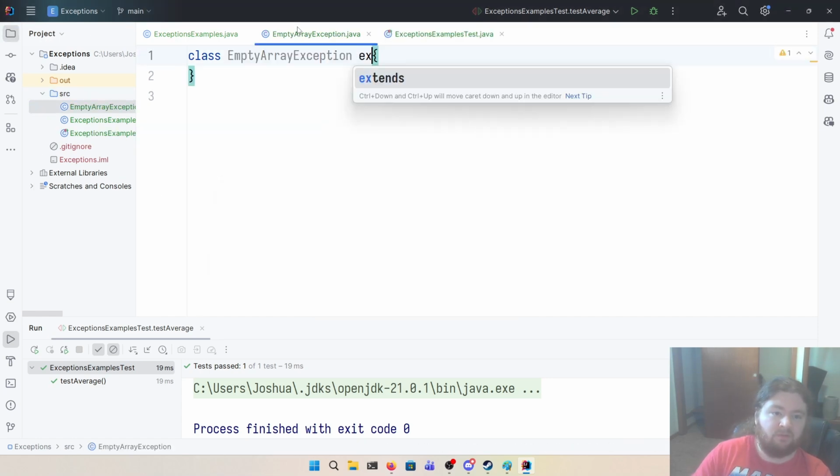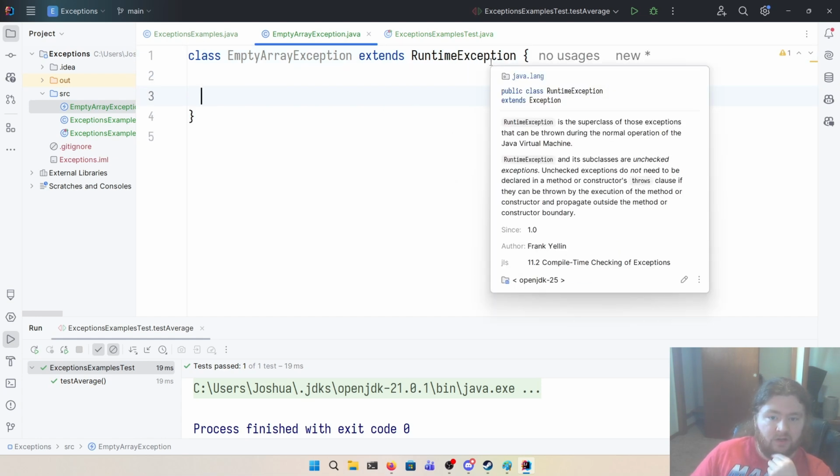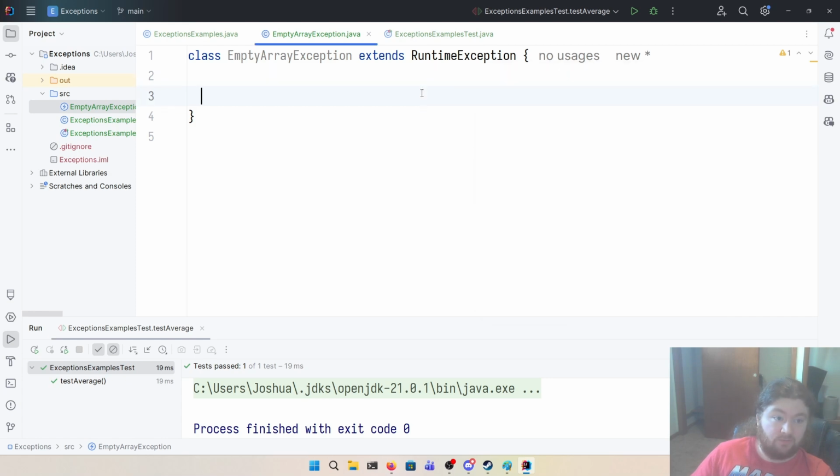And what we're going to do is make it extend the RuntimeException class. This is the superclass of any exceptions that can be thrown, as it says, during normal operation of the JVM. Runtime exceptions and subclasses are unchecked exceptions, and we're going to create an unchecked exception. Okay? So we can create the constructor,